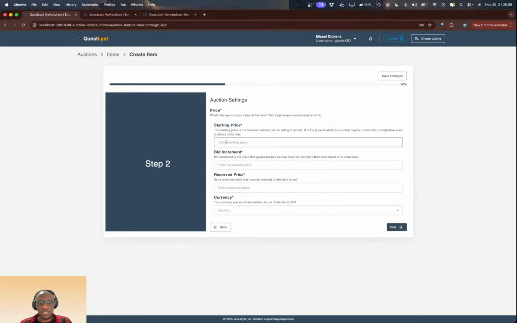So next will lead you to pricing. So auction settings. This is the prices. The price is the starting price. So if you want your item to start at the price of $4,000, you can do that. Any price. So say we do $5,000. It starts from $5,000 and increments to